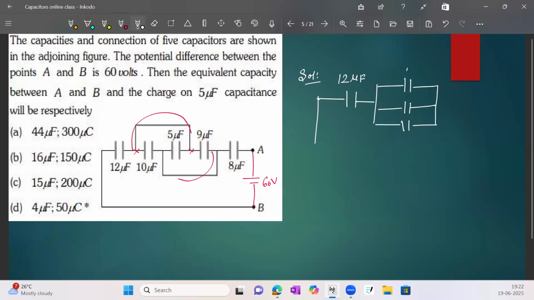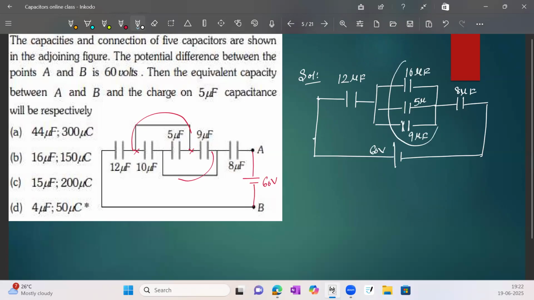So this 10 will go up. This is 5. This is 9 microfarad. And this is connected to the 8. We can take this as V, and we have one battery of voltage 60 volts. Now see the diagram. This is 8 microfarad. This is 5, 10, 5, 9. All these three, 10, 5, 9,